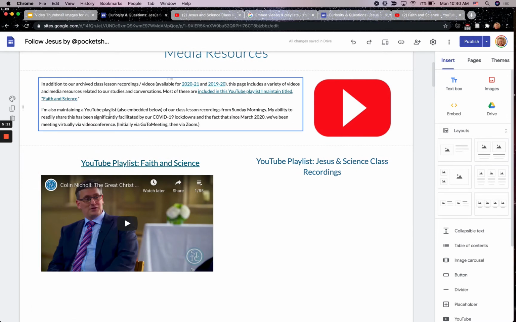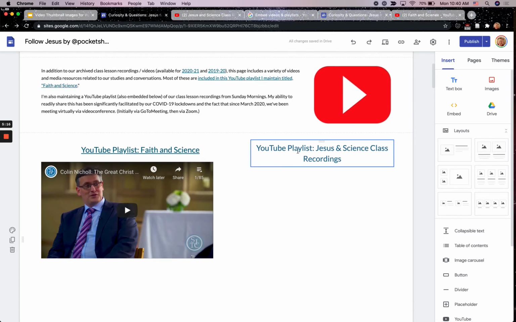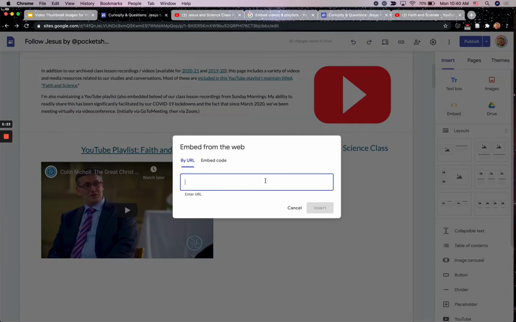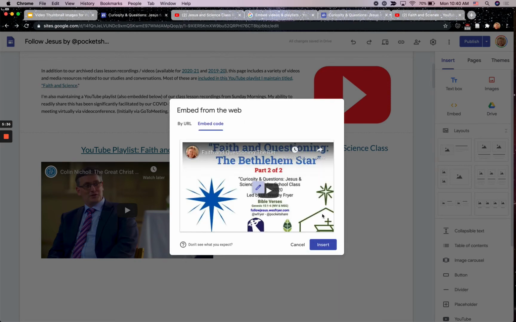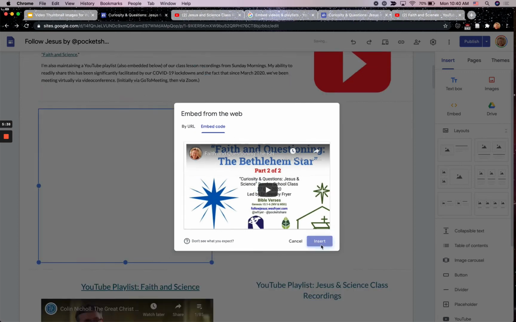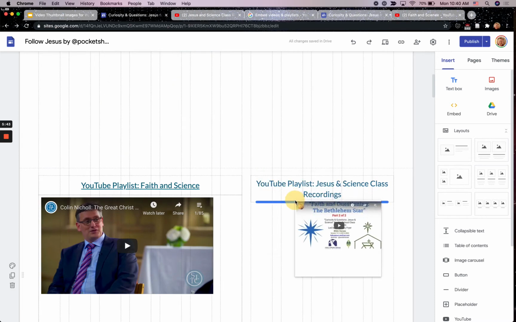text box here, and I need to add a link directly to the YouTube playlist, but I've got a space for it here. And the way that this works is if I click and then choose Embed over here on the right side in Google Sites, I'm not going to embed a URL, I'm going to embed code. And I'm going to just paste that code in. The only thing I changed was the list ID so that instead of the example, look at that, I'm getting my playlist, and then I will drag it where I want it to go, which is going to